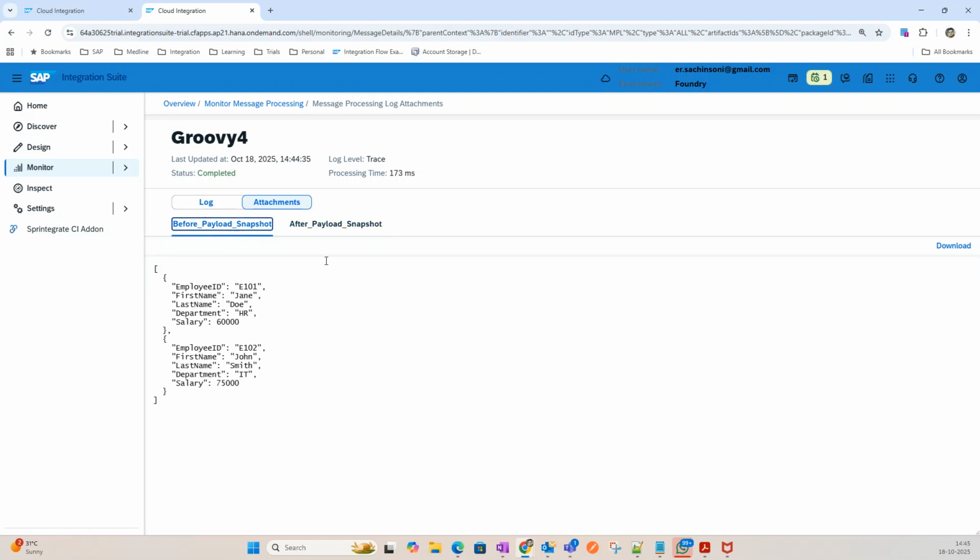So this is a very, very useful feature of script. This is one of the most widely used features of Groovy scripting as of now. But like I said, SAP likes to keep on changing techniques. So now they're saying that this is taking too much space, so you should use a different strategy. But anyways,